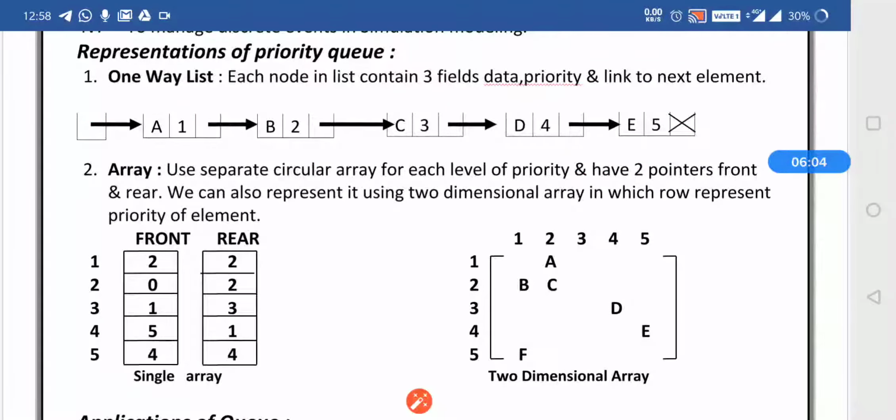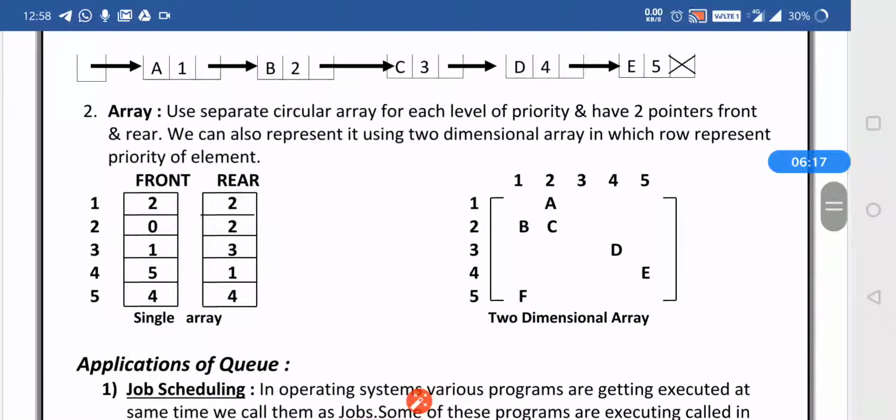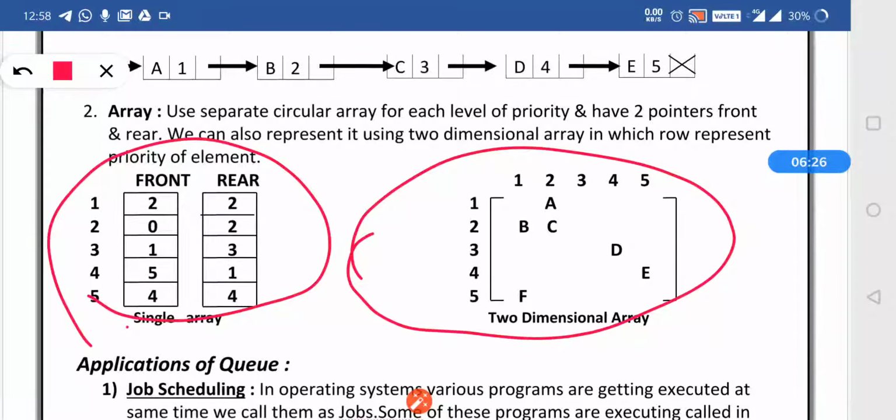The next way is an array. The priority queue can be represented by using an array, where we can have two pointers, that is front and rear, as well as we can also represent the priority queue by a two-dimensional array in row-column format. Front and rear are used to denote the pointers.